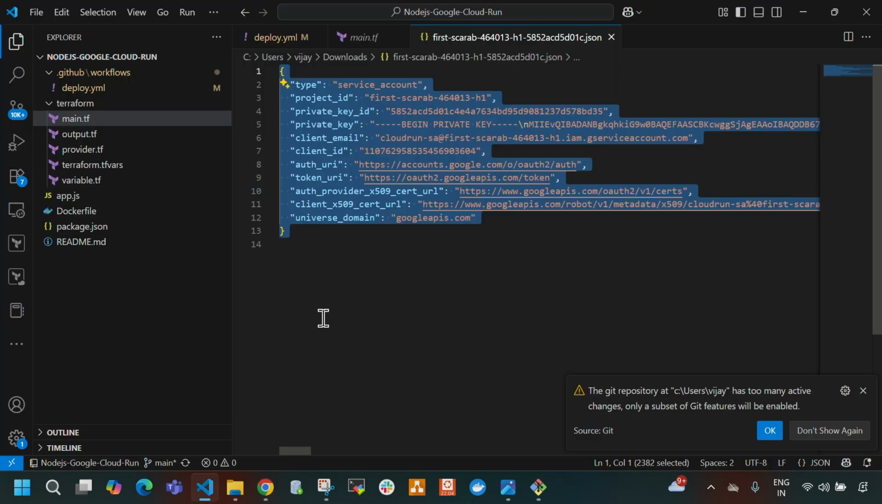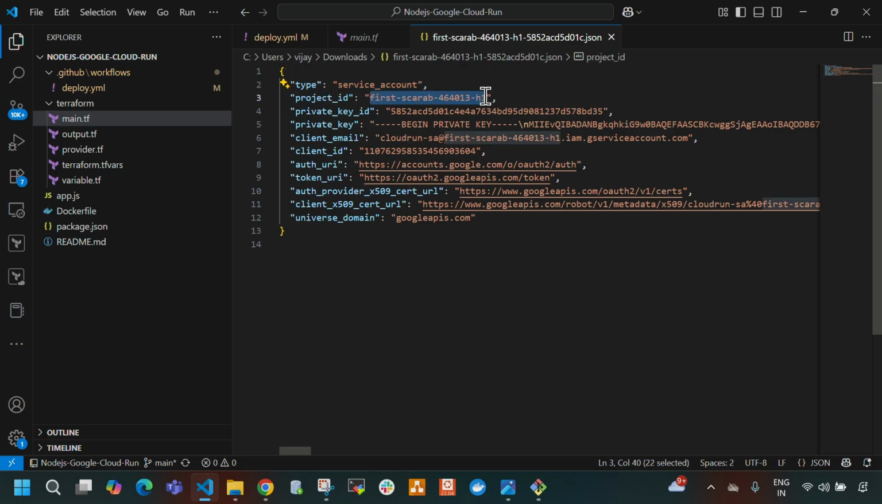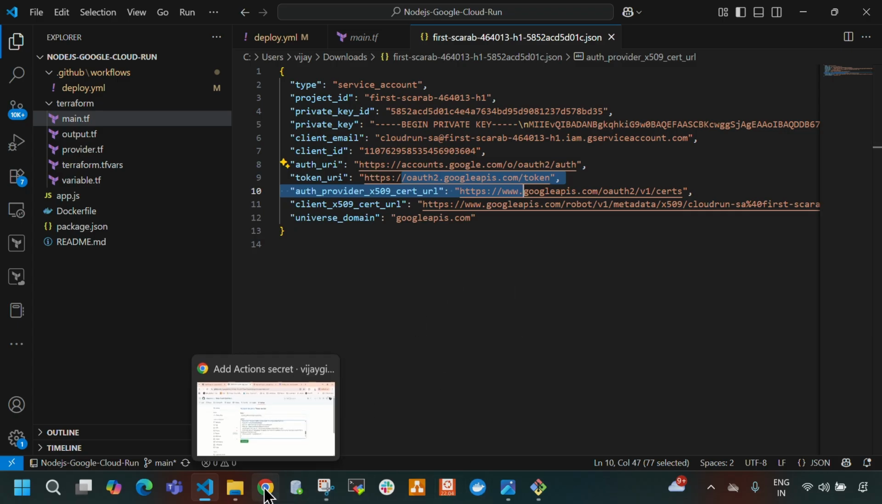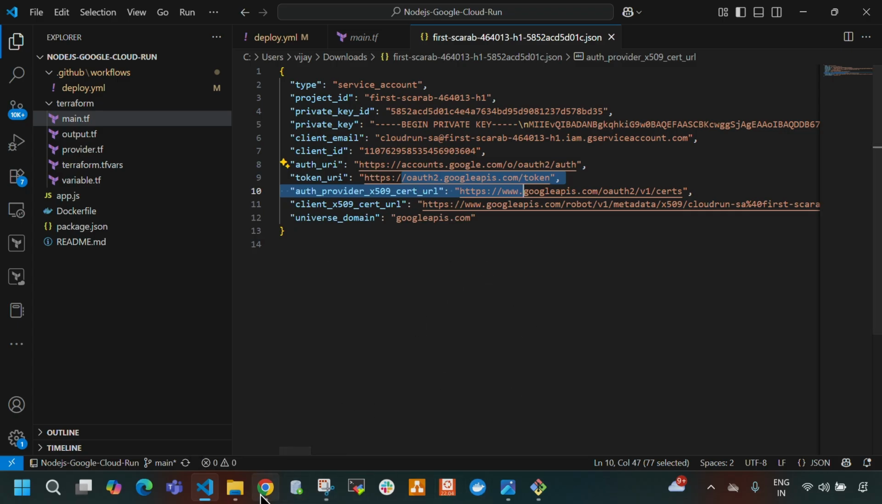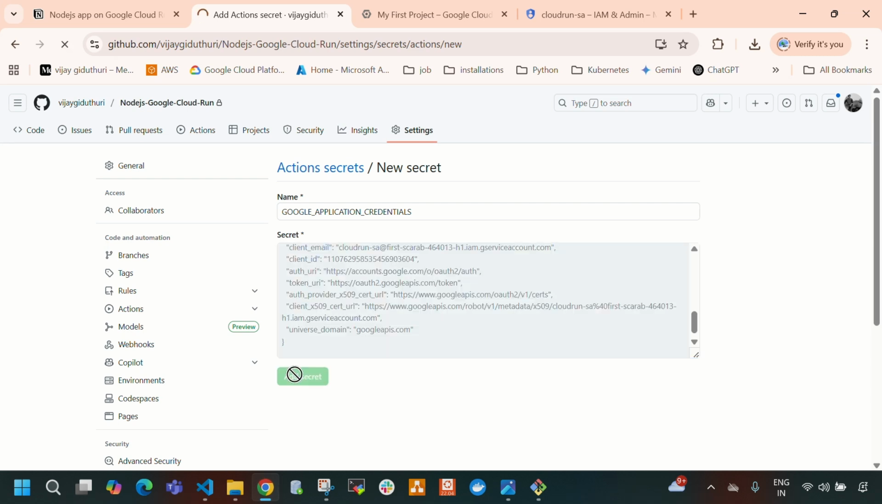So let me try to explain this, guys. Okay, so basically type, we created a service account, and this is the project ID. In this project it will deploy this application, and this is the private key ID, and this is the private key, and this is the client email, and this is the client ID, and this is the authentication URL, and this is the token URL. Okay, so using all these credentials, this GitHub Actions pipeline will authenticate with Google Cloud. Okay, so now let's come here and directly select add secret,